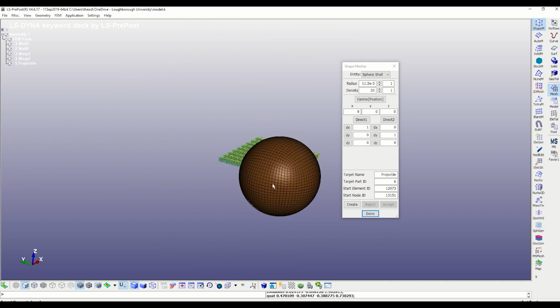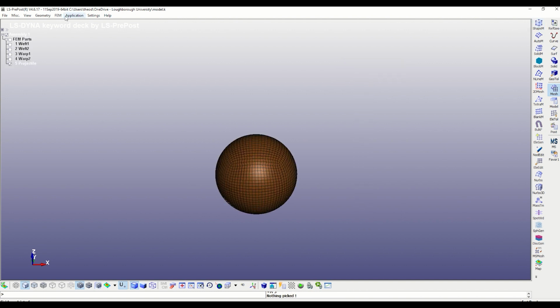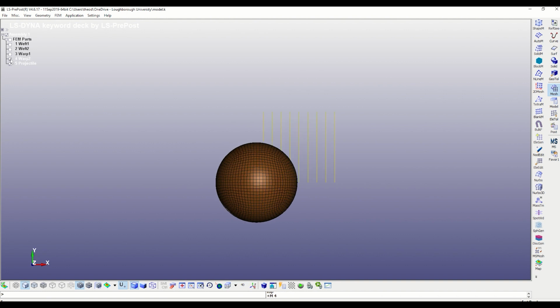Okay, we have it ready. Now we will delete the elements by going to the Element Edit tab. First, we have to know exactly how the elements align, if they are symmetric or not.